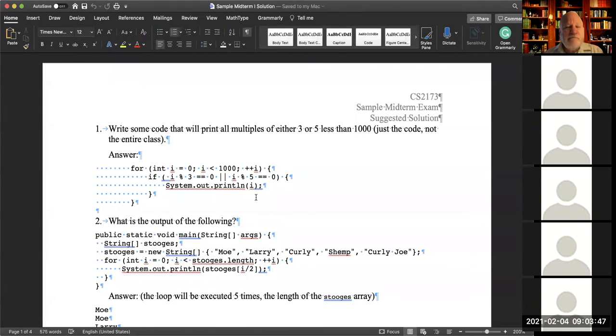Okay, so just to go over what some of the questions were. Again, the first one was a basic coding question about for loops. You want to print the multiples of either 3 or 5 that are less than 1,000. The idea is, well, first you have a for loop,